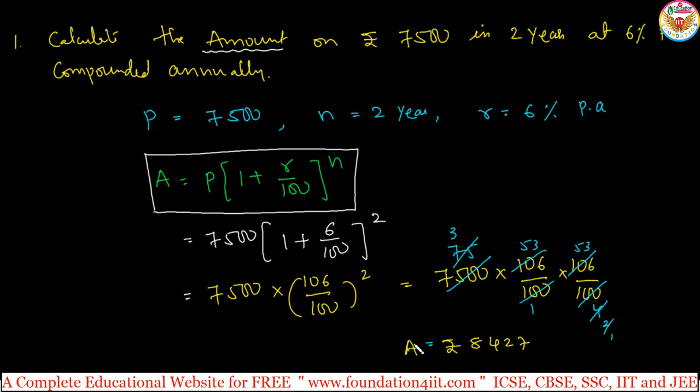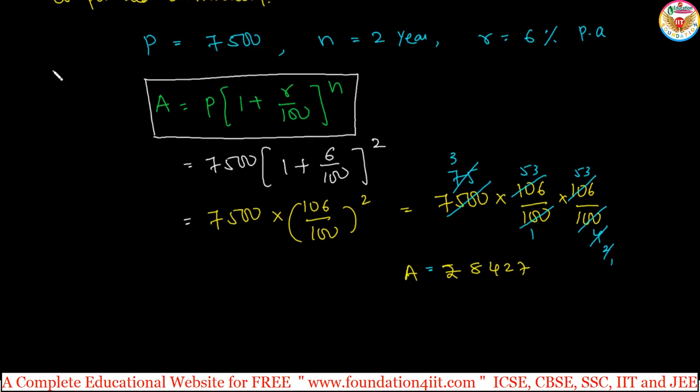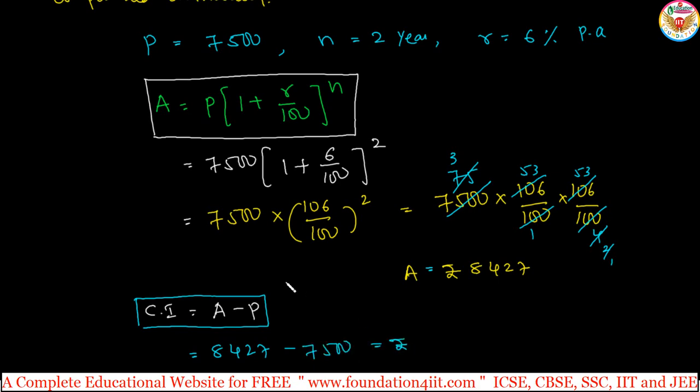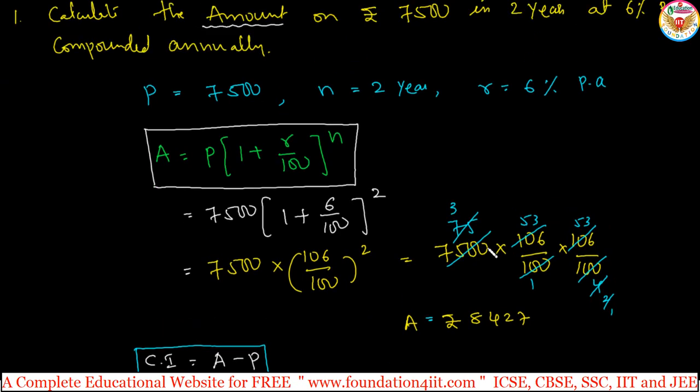So required amount is this. This is the A value. Only calculate the amount. For example, if in the question they asked to find out the compound interest also, then compound interest is equal to amount minus P. We know that, we studied it in the previous chapter also. Compound interest is equal to amount minus P. Amount is 8,427 minus P is 7,500. So if we calculate that, we will get the answer. Okay, how much do you get? 927. Okay, this is to find out the compound interest. If they asked only for the amount in the question, only up to here, 8,427, and then compound interest.